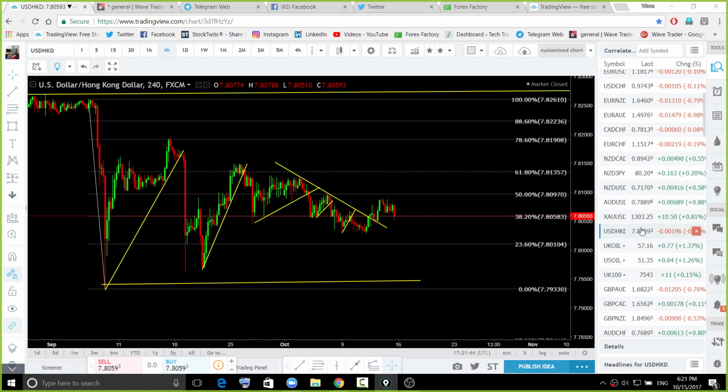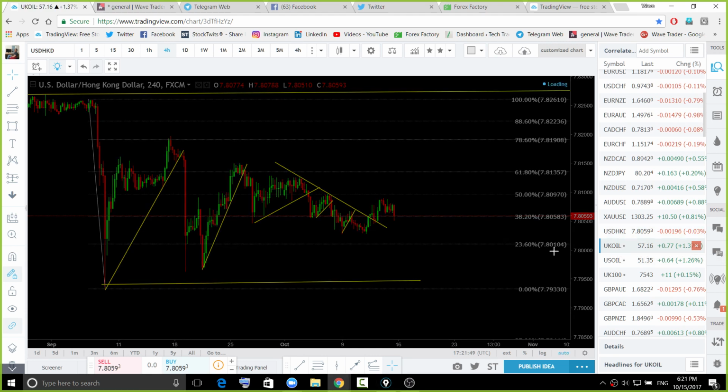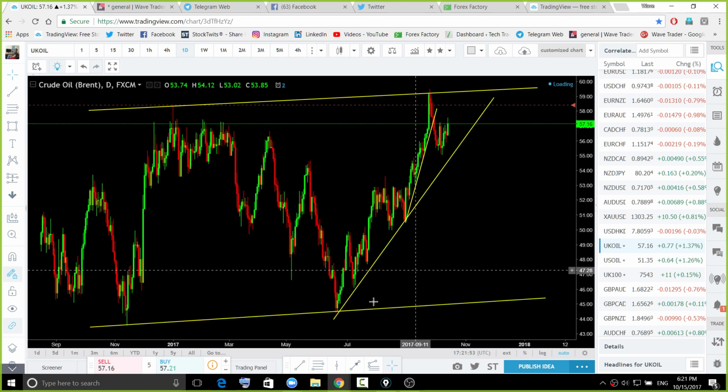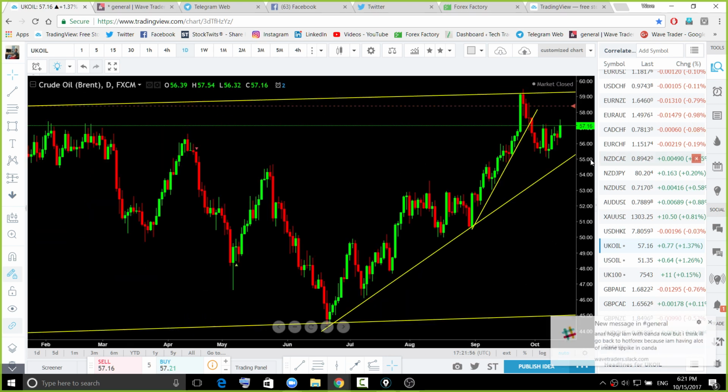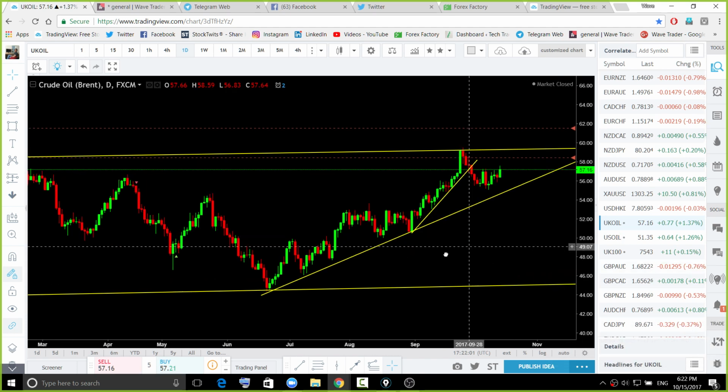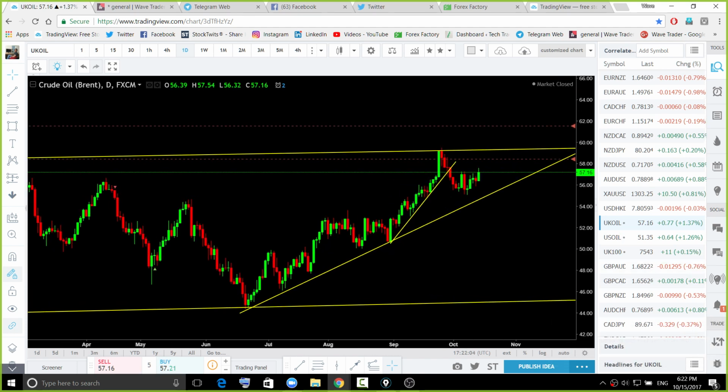We are already more than 1 hour and 20 minutes, so I will look at a couple of pairs quickly so that we can finish. Oil, only look for sell from the top. What is oil doing? Oil is just forming the bigger correction. If that bigger correction comes somewhere here, sell. Not the best trade for me right now. Only look for sell from the top.